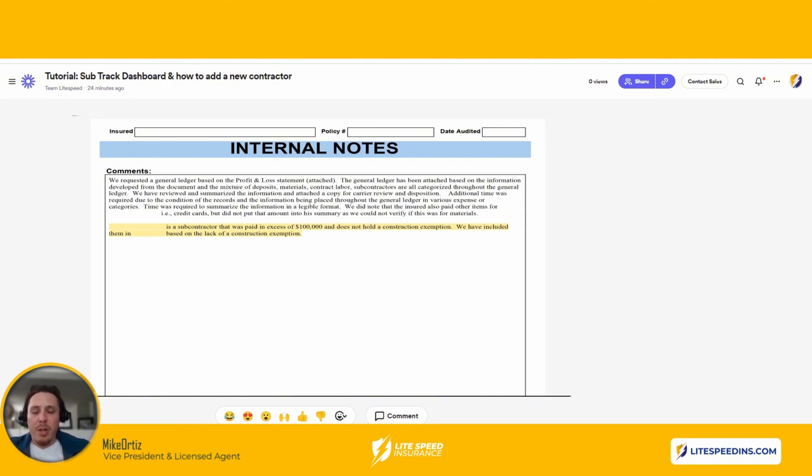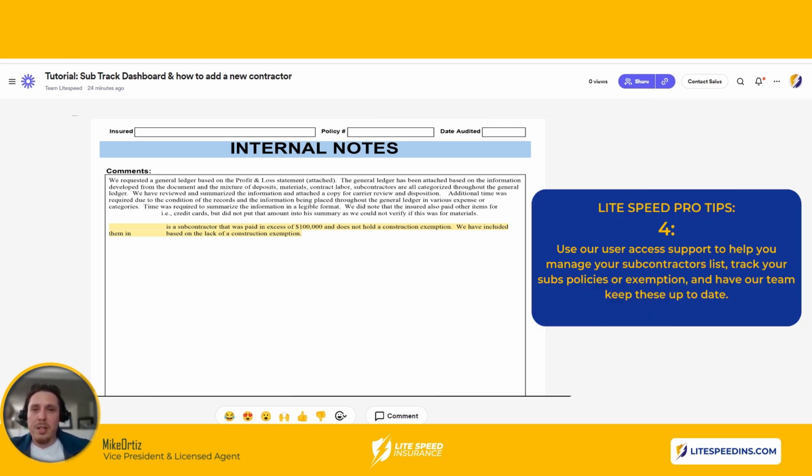By law, Florida says that every employee must be covered. So if you have an exemption or a workers' comp certificate for a 1099 subcontractor, then that allows you not to pay premium for that company. So it's very, very important that you are diligent on that process. And again,